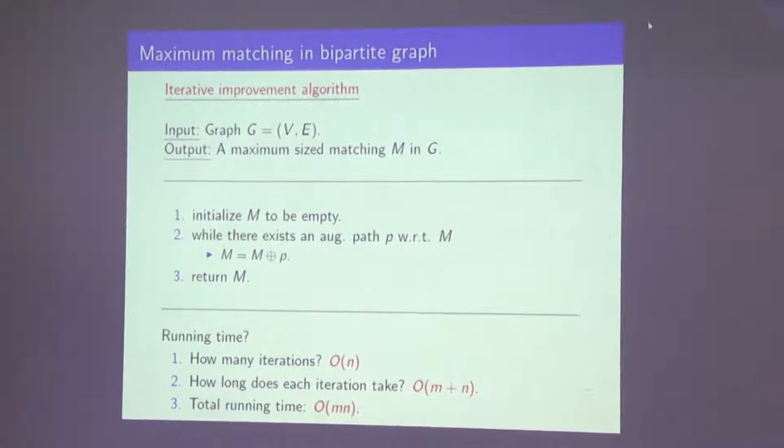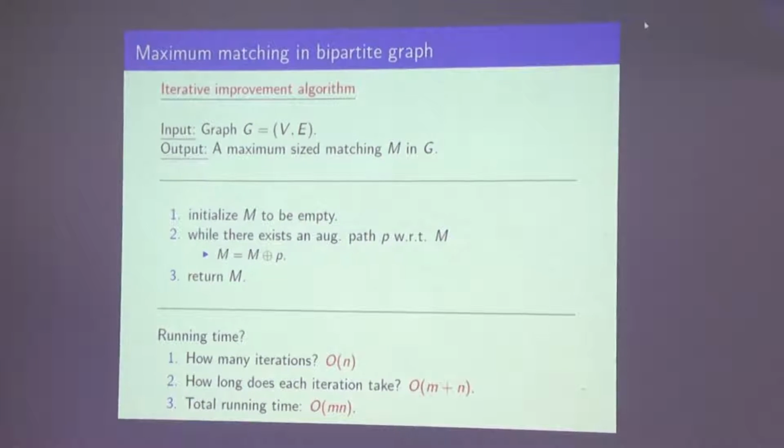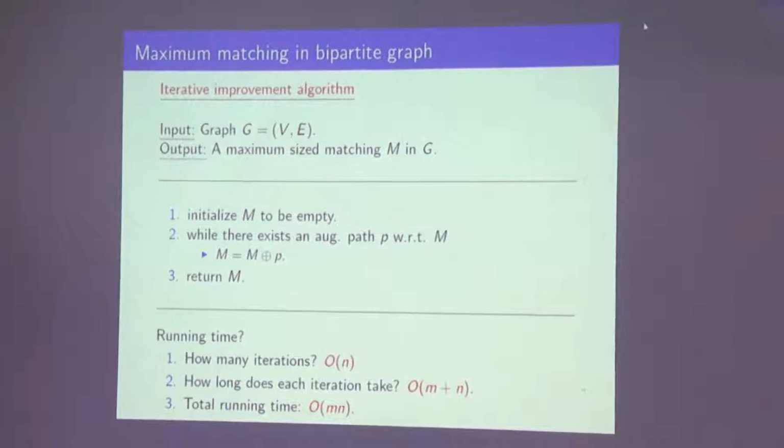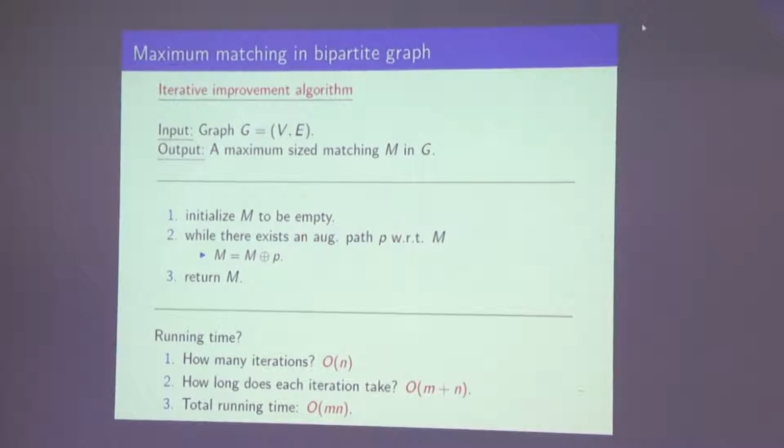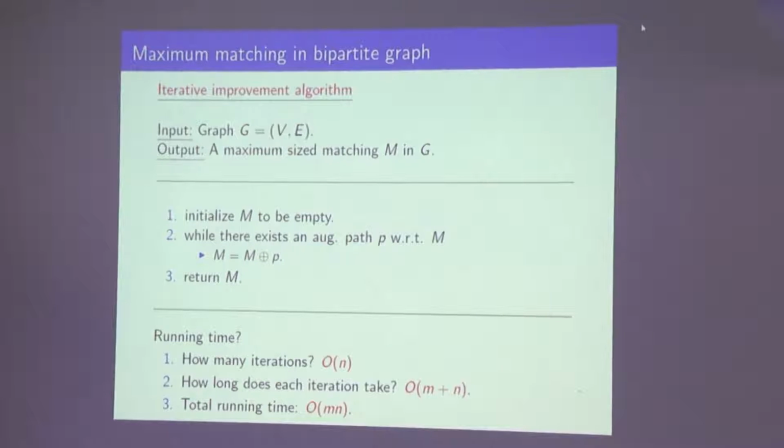n is n1 plus n2, m is the number of edges in the graph. Of course, you have constants hiding there, where you will have 2 times or something, but we'll live with that. We'll live with the order notation and say that yes, we have an order mn algorithm for computing a maximum cardinality matching in a bipartite graph. Is this fine? Any questions on this part?